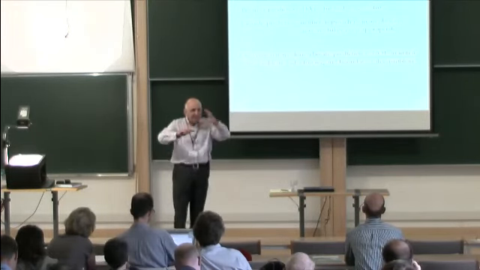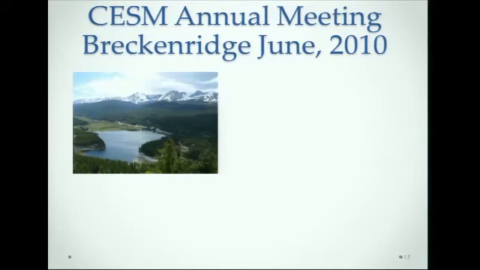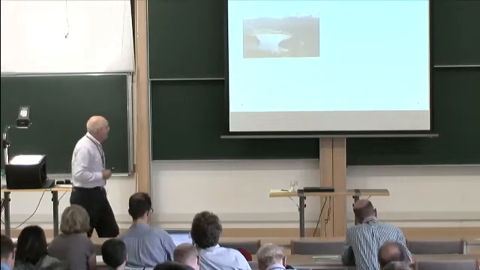I mean, it's replete with boundary value issues, the boundaries between the atmosphere and the ocean, the radiative forcing that's happening at the boundary of the atmosphere, and so on. And clearly, forcing is what's forming the climate and the thing that we want to predict. So it's not a problem like that. But somehow I wasn't satisfied with this, so I decided I would